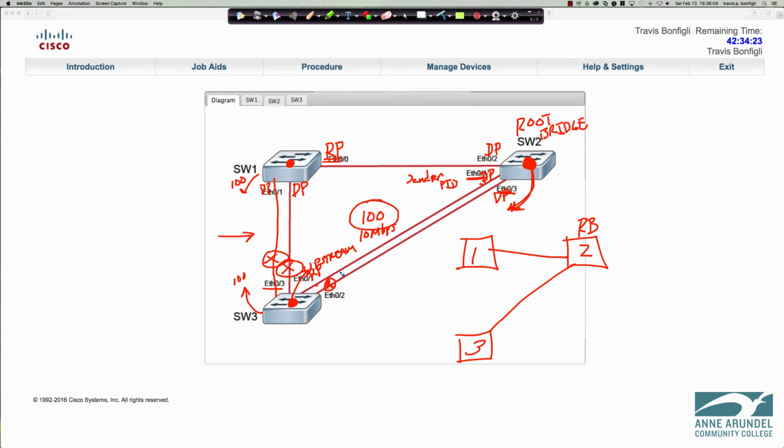Who will be the designated port? Who will be the alternate ports, or I should say the non-designated ports, which are the blocking ports? Who's going to be the root port? And this is where it becomes critical that you never want to allow spanning tree to make the determination on its own. So if this was a distribution layer switch, say distribution layer switch 1 and distribution layer switch 2,